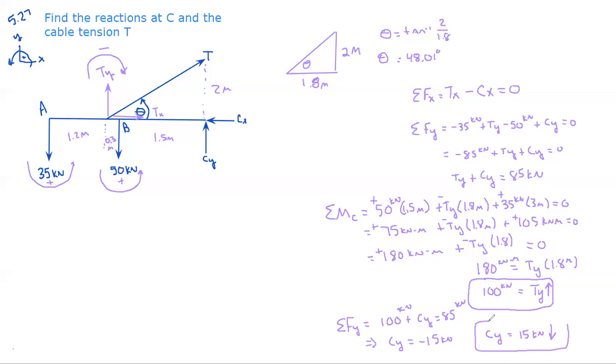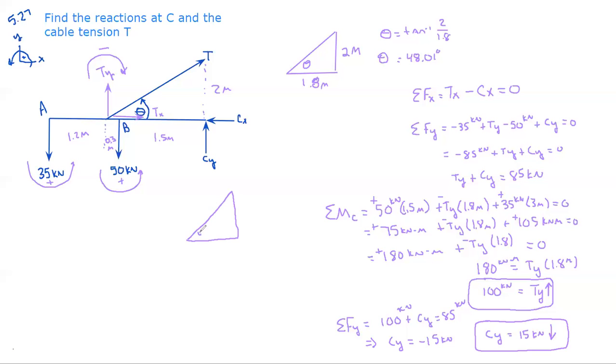Since it is negative, that tells me that I have guessed the wrong direction. I had assumed that CY was going to be going upwards. I got a negative value, which is an indication that the assumption was incorrect. So that takes care of TY and CY. Does not take care of TX and CX, however. But I do know, I mean, it is a fact that we have a triangle